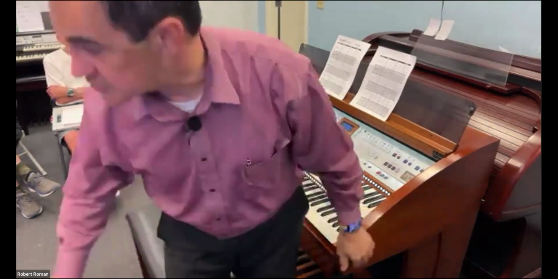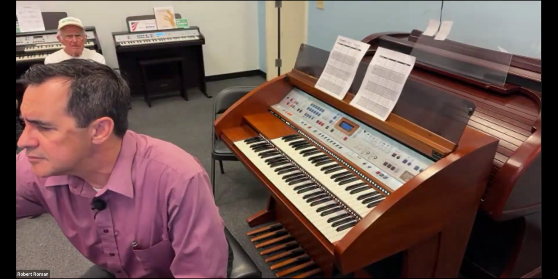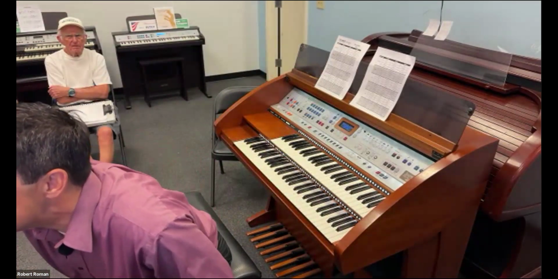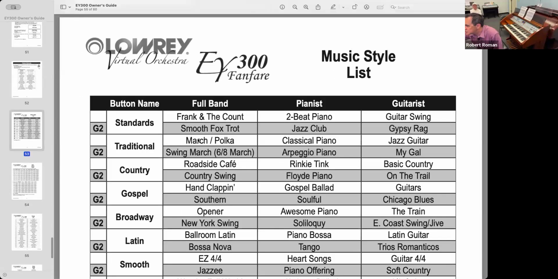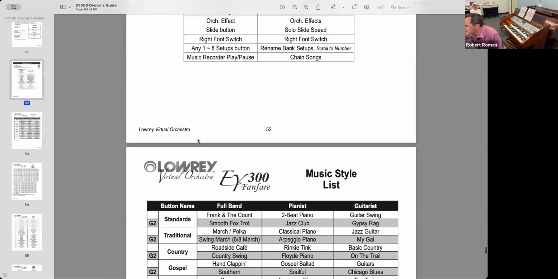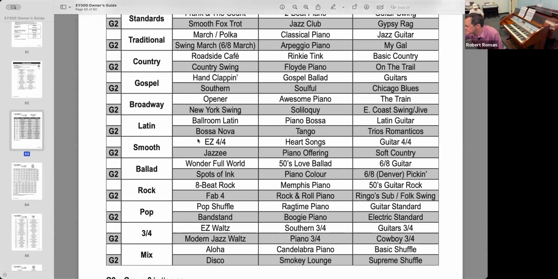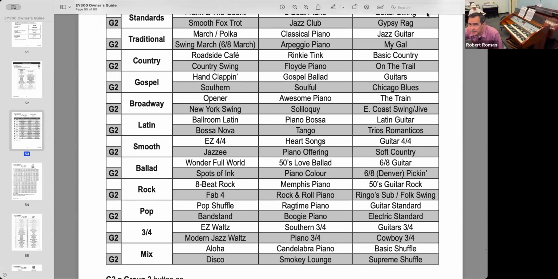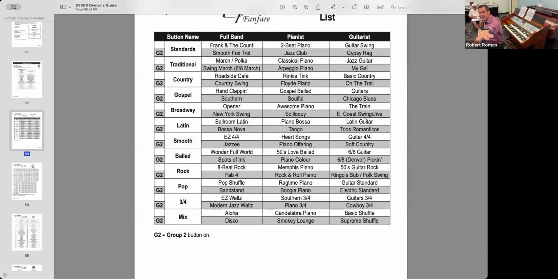Actually, what I'll do for you folks, just for a minute, I think I have an owner's manual, both of these here. Let's see, that's so tiny. All right, here's the Fanfare. If you go in your owner's manual towards the back to page 53, it'll tell you, I don't know if you could see that, if you have your manual, or if you could kind of see around the camera there. It'll tell you every rhythm button that you have,